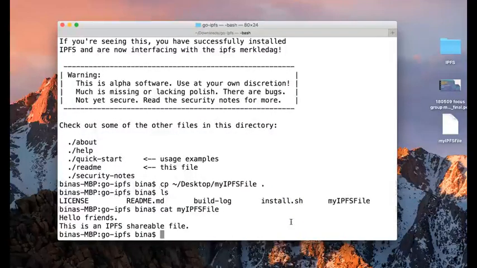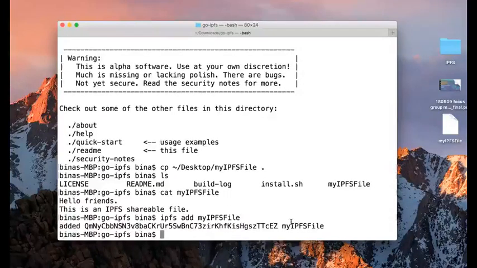I have got 2 lines, and now in order to make it into an IPFS file, of course we have to start with ipfs, and I'm going to add that file so that it is added to the IPFS file system. When this resource gets added to the file system, it has a hash created for it instead of the path through your file system. It is going to be one single hash that exposes it universally, and you can see this 32-byte hash for that particular file.